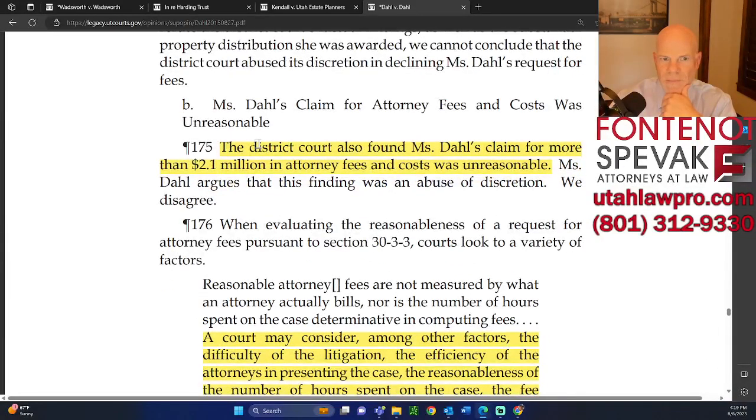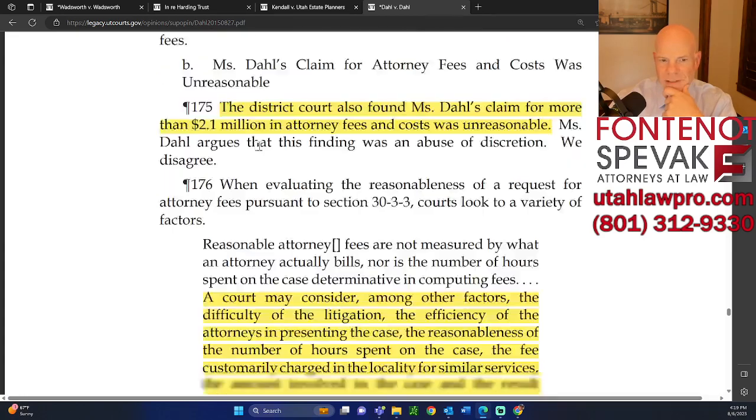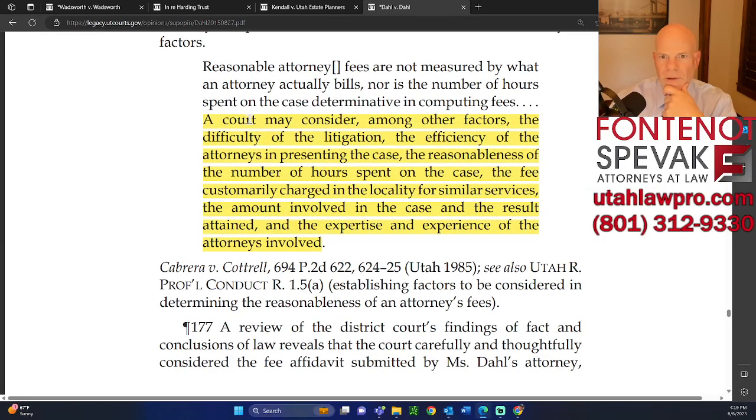All right. The district court also found Ms. Dahl's claim for more than $2.1 million in attorney fees and costs was unreasonable. A court may consider, among other factors, the difficulty of the litigation, the efficiency of the attorneys in presenting the case, the reasonableness of the number of hours spent on the case, the fee customarily charged in the locality for similar services, the amount involved in the case, and the result attained, and the expertise and experience of the attorneys